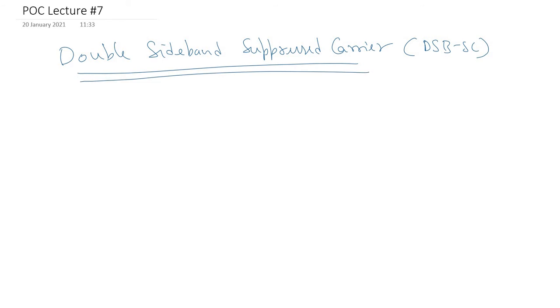In the case of DSB-C, double sideband with carrier modulation scheme, we have seen the spectrum as well as the modulated signal in time domain, and we know that there are three components present in that kind of modulated signal, which are the two sidebands, lower sideband plus upper sideband, and the carrier signal. Hence the name double sideband with carrier. There are two sidebands plus the carrier signal, right?